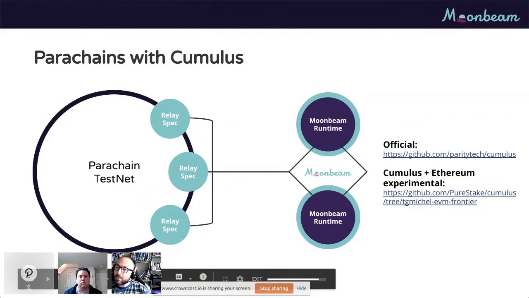In Cumulus, you have a relay chain, and let's imagine this is a Westend relay spec. The Moonbeam Parachain will be wrapped around that relay chain spec, so it has the ability to interact and follow the relay spec, and the ability to collate the blocks the Moonbeam Parachain is producing.